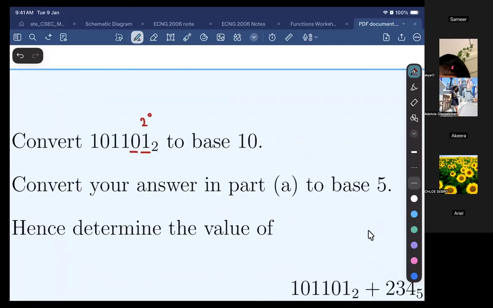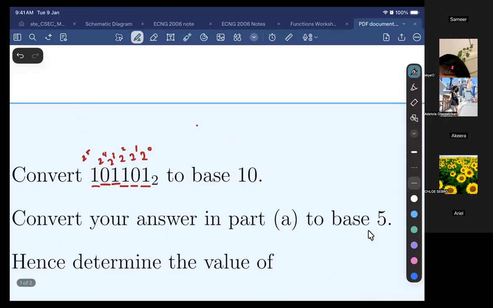What will be the place value for 0? 2 to the power 1. Right? What will be the place value for 1? 2 to the power of 2. Next one, 2 to the power of 3. We know how this is going to go, right? So to convert that to base 10, that would just simply be, so that'll be 1, 0, 1, 1, 0,